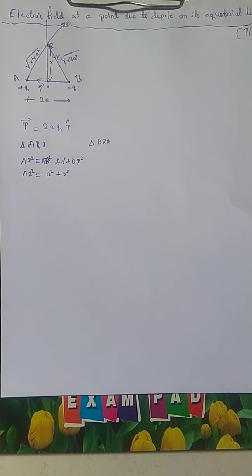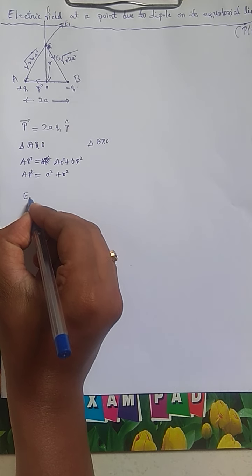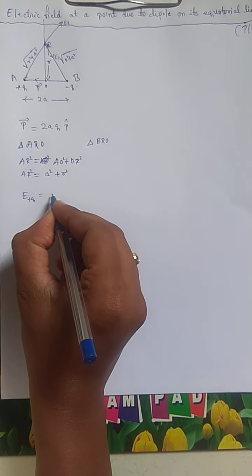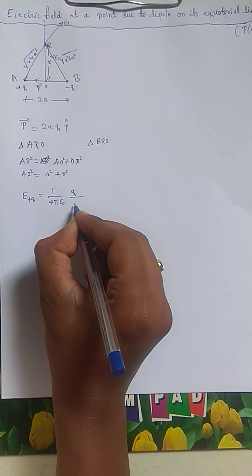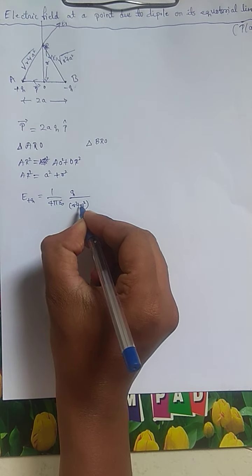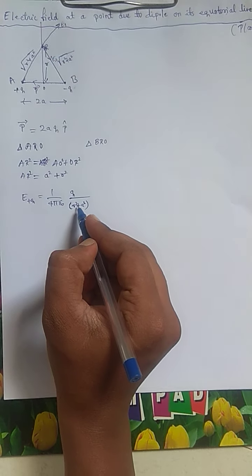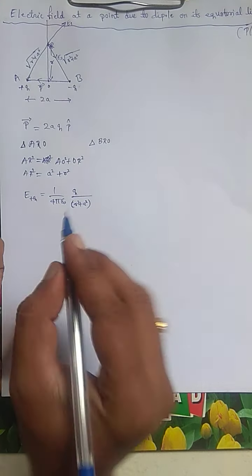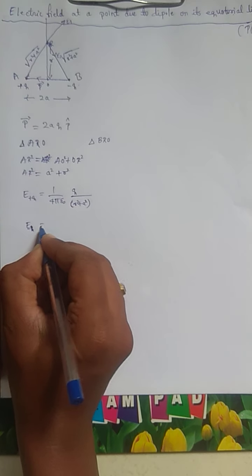But we don't know the total electric field here. What we know is the electric field due to the plus Q charge. I will write the magnitude: 1 divided by 4 pi epsilon naught, Q divided by R square plus A square, because the distance will be squared, so the square root goes and R square plus A square remains. This is along AR. And what is this? Simple term I am writing.